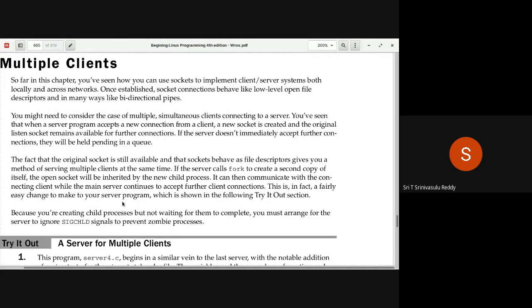You have seen how you can use sockets to implement client-server systems, both locally and across networks. Once established, socket connections behave like low-level open file descriptors, in many ways like bidirectional pipes. You might need to consider the case of multiple simultaneous clients connecting to a server.